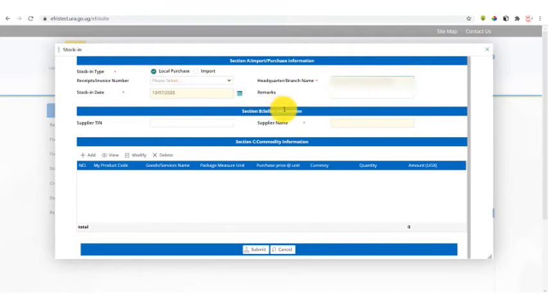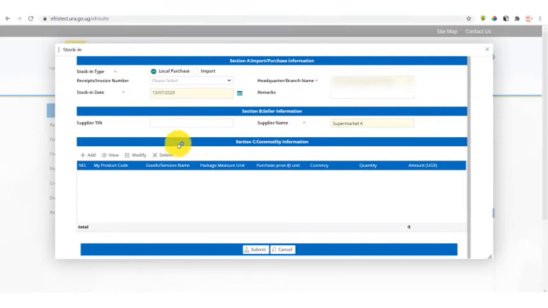We go to section B, seller information. In case you have the TIN, you can input the TIN of the seller, of the supplier. In the scenario you don't have the TIN of the supplier, you can just provide us with a name. So here in this scenario, our supplier name, I will call our supplier Supermarket A. Supermarket A is our supplier. So when we are stocking in, we assume we have our invoice in our hand with the details of goods that we have bought. So after completing seller information under section B, we come to section C, commodity information.